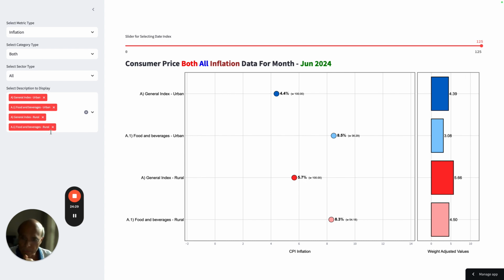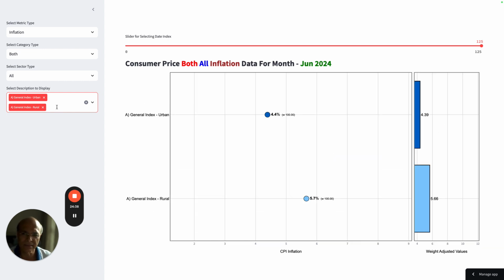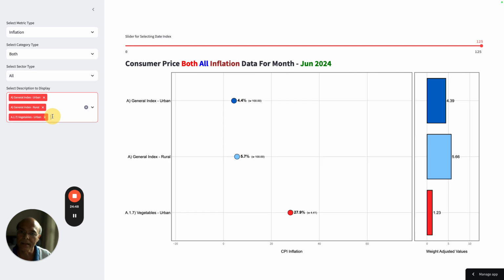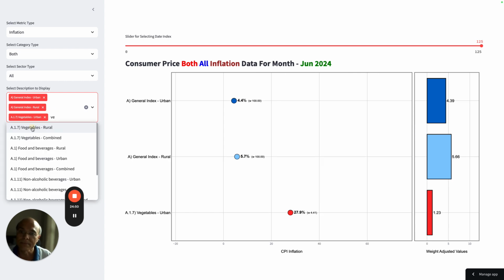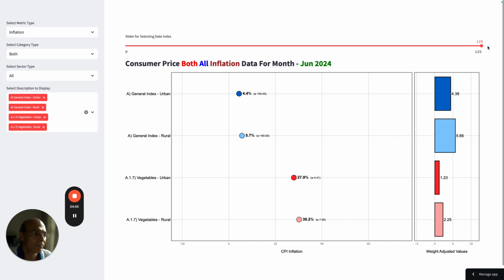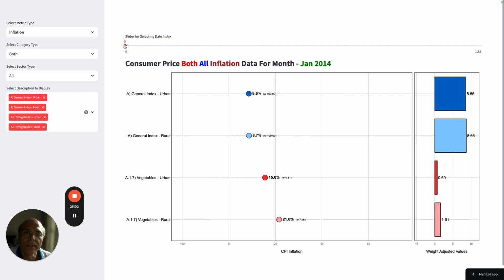Now what you can do is compare the individual items. Let me do vegetable for you once, and after we have done vegetable, we may do milk or other items depending upon the importance of the weights of those items. Vegetable is a very important item, so let me choose vegetable urban and vegetable rural, and let's do the comparison. How has vegetable inflation changed over a period of time between urban and rural? I'll go incremental, step by step.